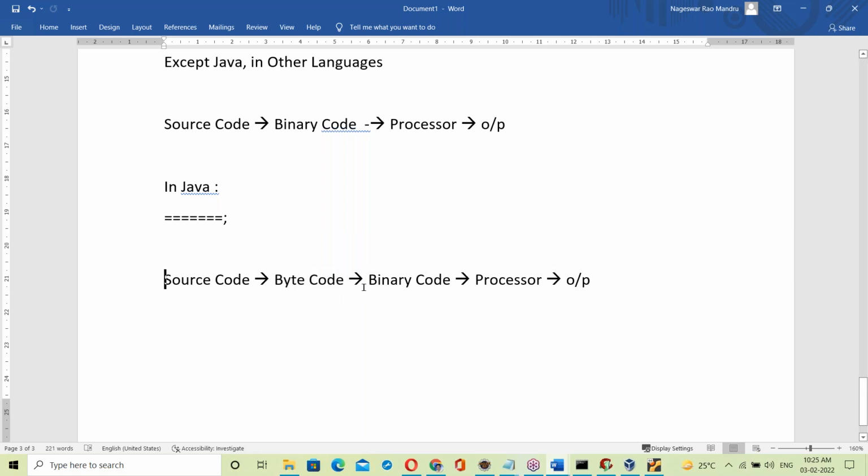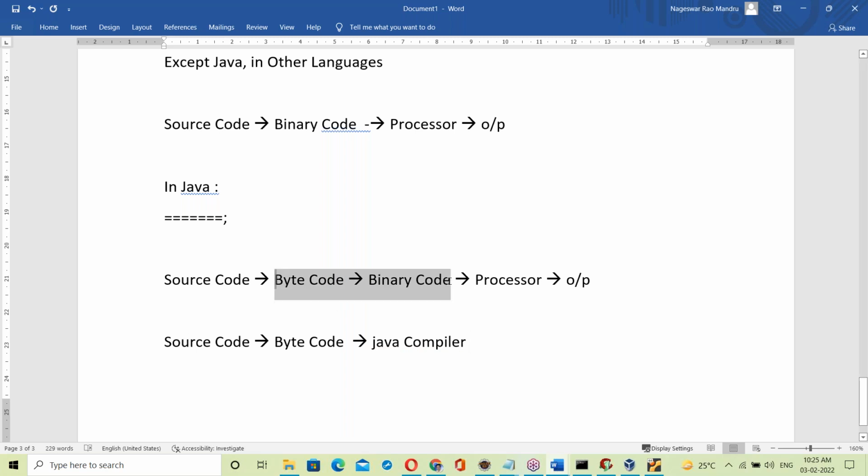Source code to byte code to binary code. Source code is converted to byte code by the Java compiler.